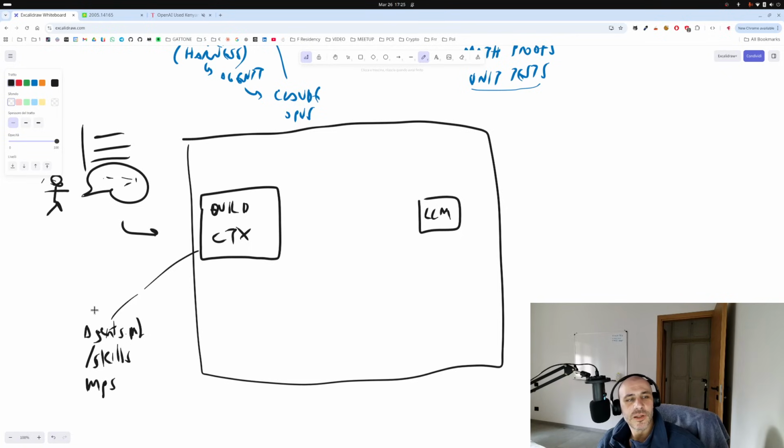And the whole conversation before this. So we build context and pass it to the language model. And then, as a simplified diagram, this happens. Did the model output a tool call?